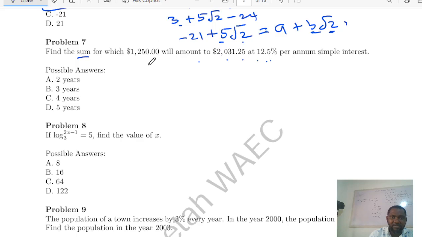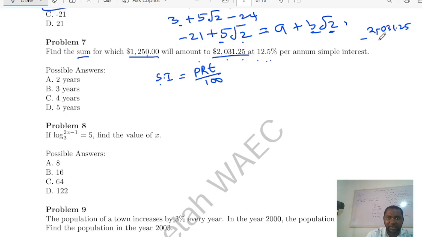So this is the principal, and this is what it amounted to. Usually simple interest is equal to principal times the rate times the time divided by 100. The interest will be the subtraction of both, because it was initially 1,250 and now it is this. So you have a former amount and a new amount, so we are going to make that subtraction. 2,031.25 minus this is